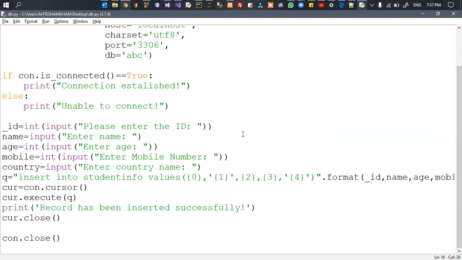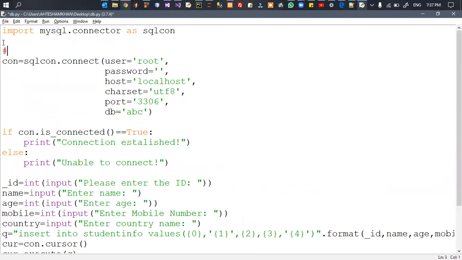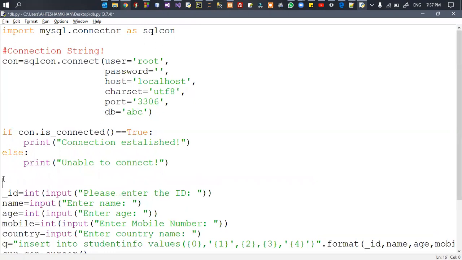Is it clear to you? Yes. Okay. So this is the connection string. I write here connection string. Just note it down if you want. You want to note it? And yes, inserting record